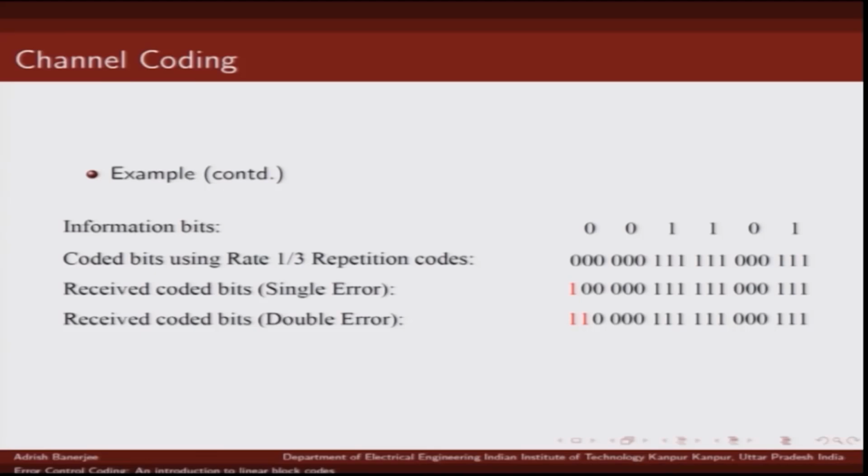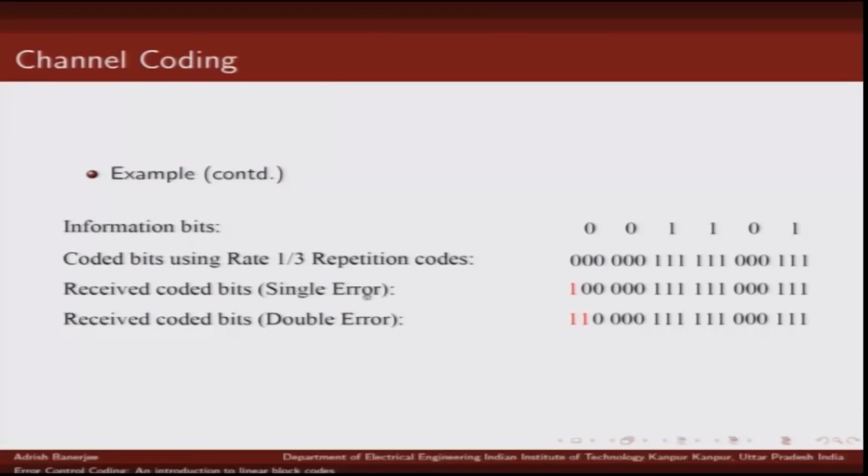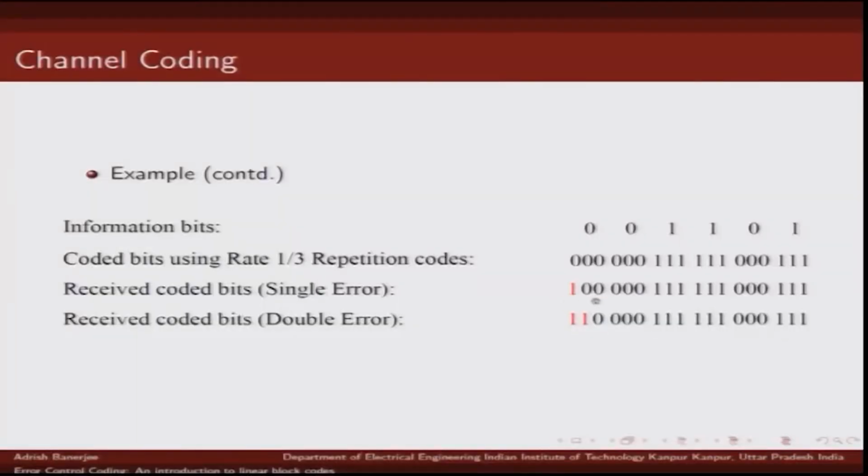Now, let us look at the error correcting capability of this code. Let us go back again and look at the single error situation. When a single error happens, something like this, let us say one of the bits got flipped, 1 0 0. Now, can we correct single errors? And the answer in this case is yes. Why? Because if you look at these 3 bits, 2 bits are already 0 and 1 bit is 1. What are the possible outcomes? This could be either 0 0 0 or 1 1 1, and it is more likely that 1 bit got